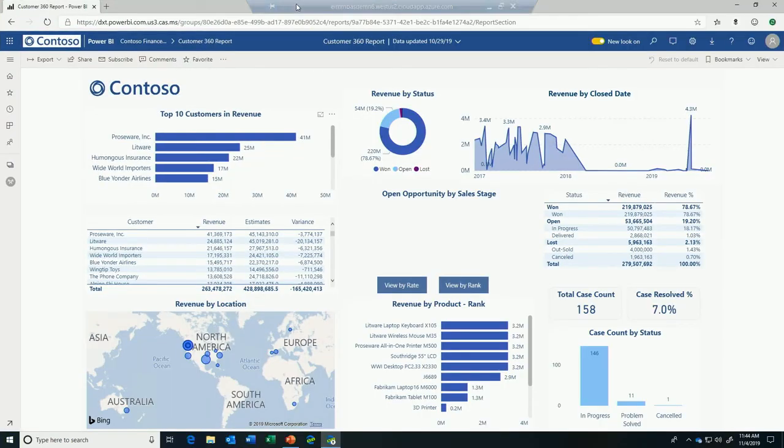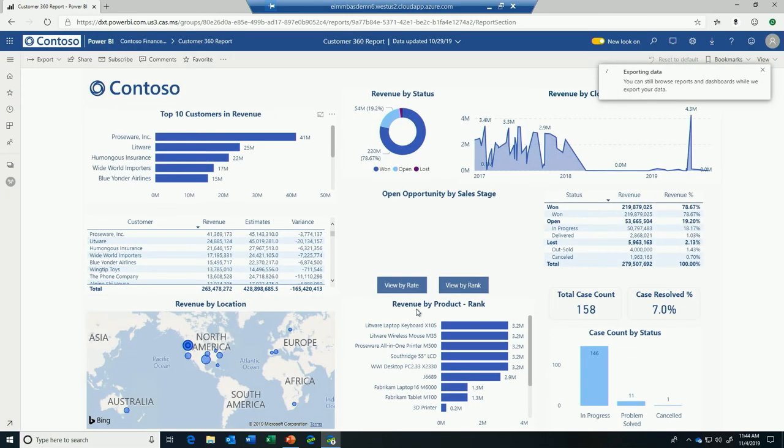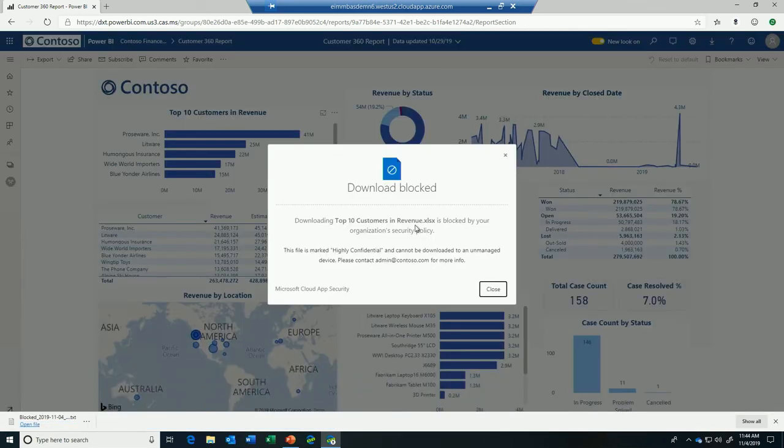But there's actually more that you can do with this. So now I'm logging in, imagine, from an unmanaged device. Imagine this is my home computer. And I want to do the same thing again. I'm going to export this data. But now my organization has actually set a policy that says you're not allowed to download data that's highly sensitive from unmanaged devices. So what's going to happen now is this download is not even going to happen. It's just going to automatically be blocked. So now I can still see all the data in the Power BI service, but I cannot download the data